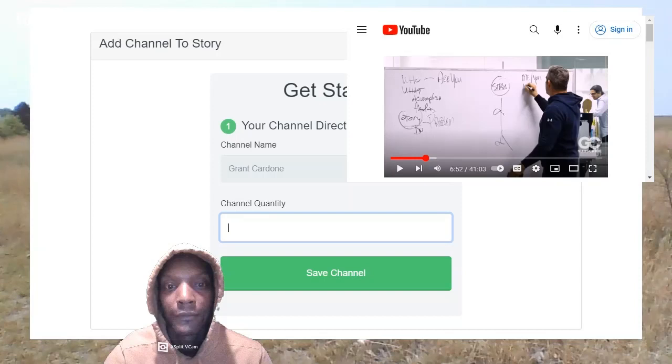Say, for instance, you didn't want to make this a collectible part of your story, then you would put 0. But if you wanted others to be able to collect and interact with your story, then you could add a number somewhere from, let's say, 1 to 100,000, or 1 to 10,000.